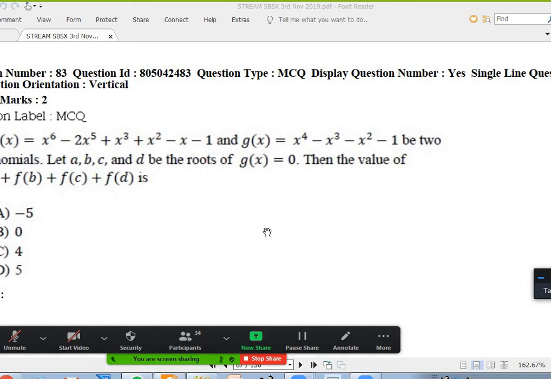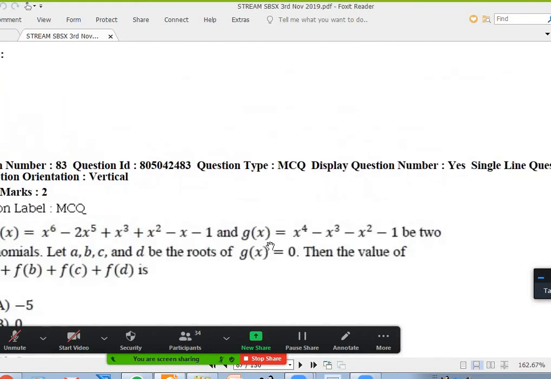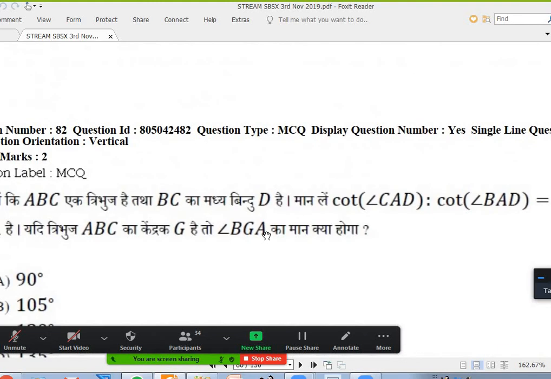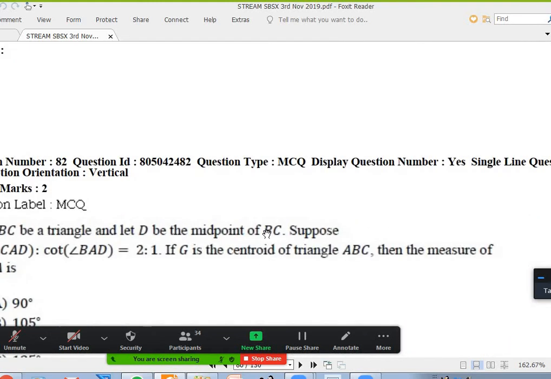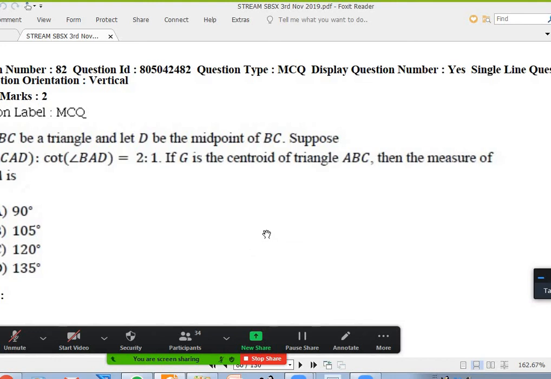Is it okay? Yes, sir. If you go back and see the theory of equations, this will definitely be there. Sir, can you explain why the sum of roots is 1, sir? The sum of the roots here is the negative of this coefficient divided by this coefficient, right? Yes, sir. All right.